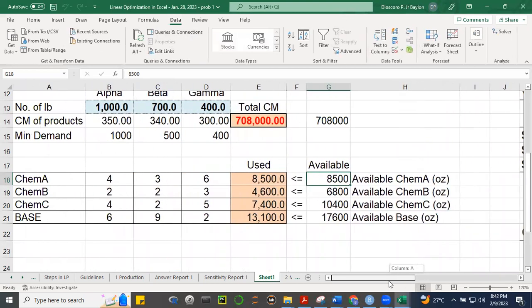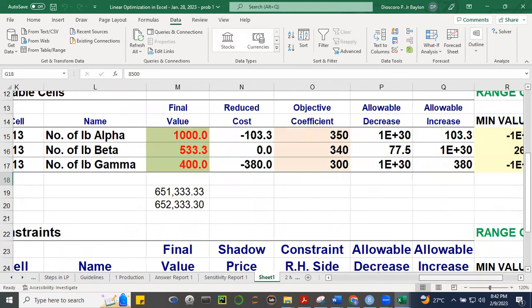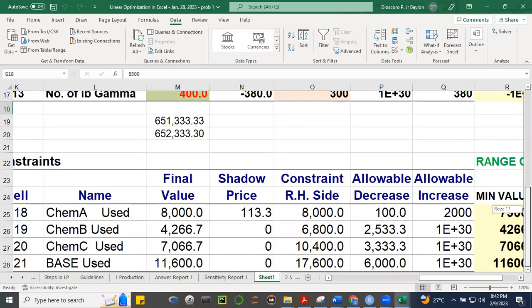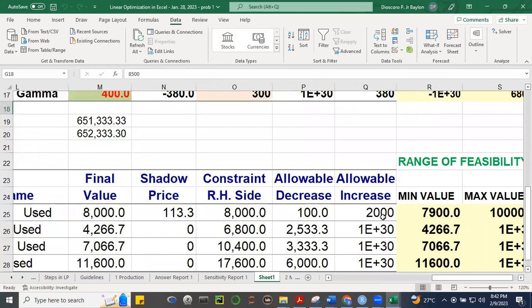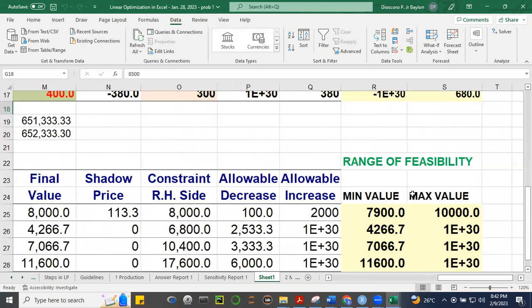Ano nangyari? Nung yung right-hand side ni chemical, binago natin. Okay, kasi sabi ang allowable increase 2,000. Diba? So 8,000 plus 2,000, that's 10,000. So when we increased it to a value within this range of feasibility,